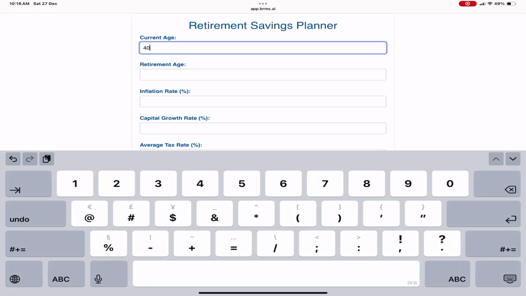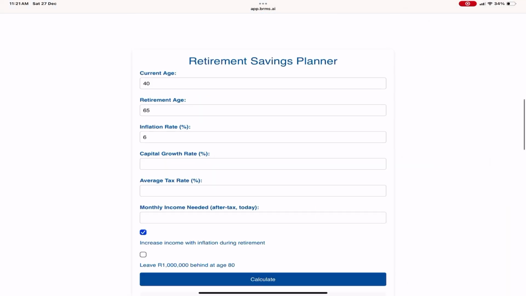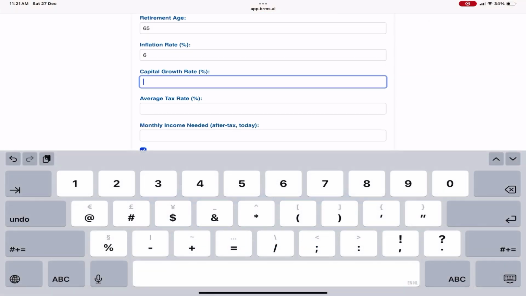Okay, in my example I'm just showing you how to use this calculator. The person is 40 years old, retirement at 65, and inflation rate I'm going to put in 6%, and we can argue about inflation. But this inflation rate has a huge effect, and that's why governments make such a big hoo-ha about inflation. They want to show the voters, or everybody, that it's as low as possible. But you just look at the medical aid inflation, and I don't really believe the government, but I'm not an inflation expert. I'm putting in 6% just for the use of this calculator.